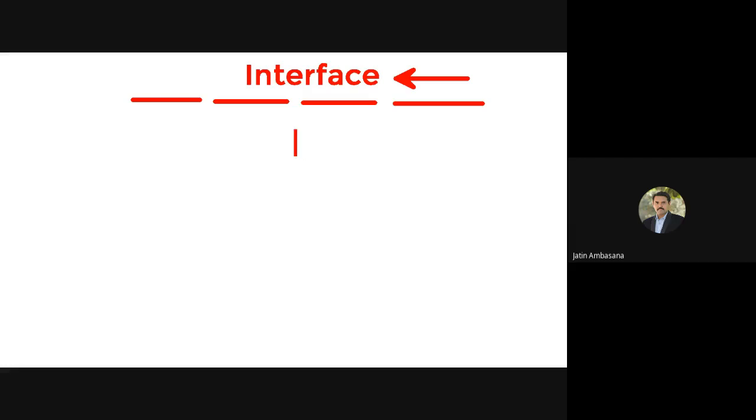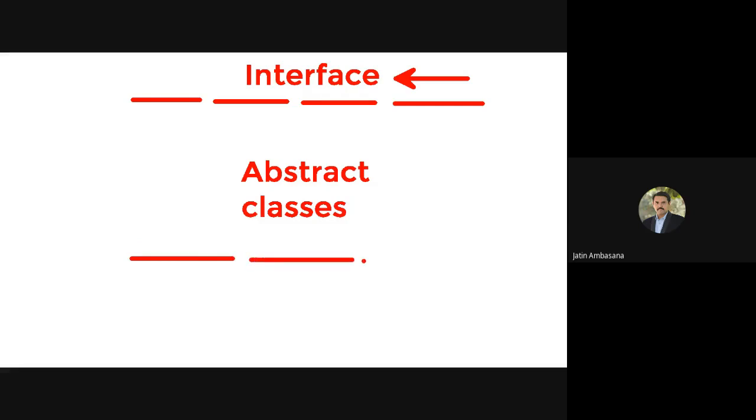Then comes, in some hierarchies there are directly classes, in some hierarchies there are abstract classes in between. Why do these abstract classes come? Because people, or maybe the main designers, start adding some functionality to it. For example, sets do not have a method for sorting.